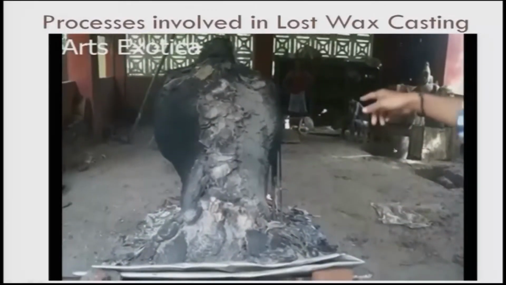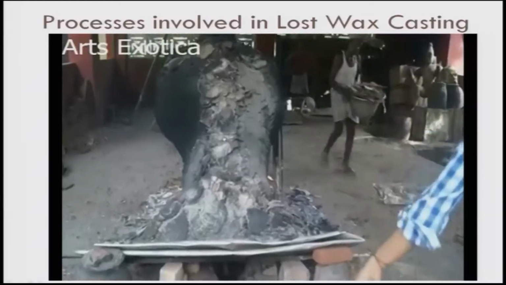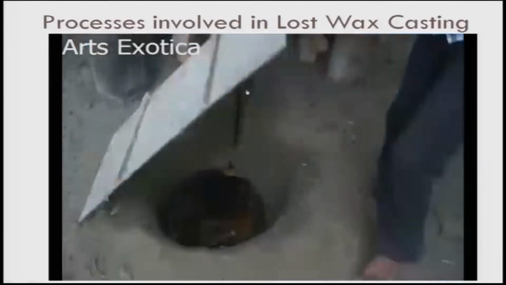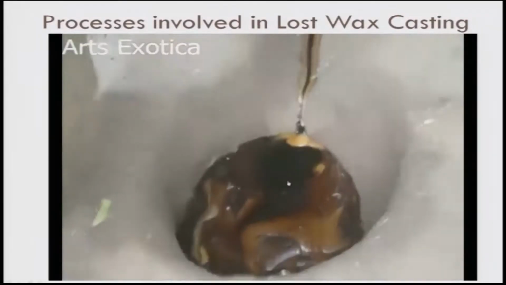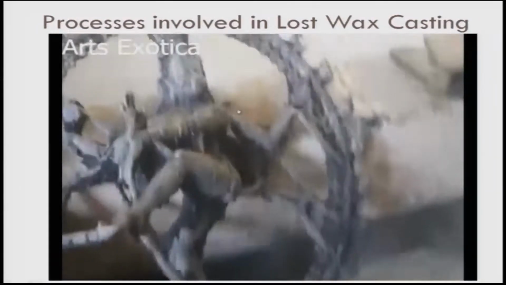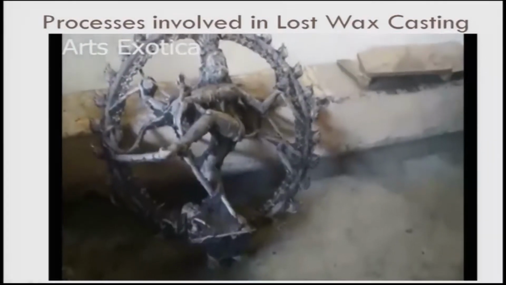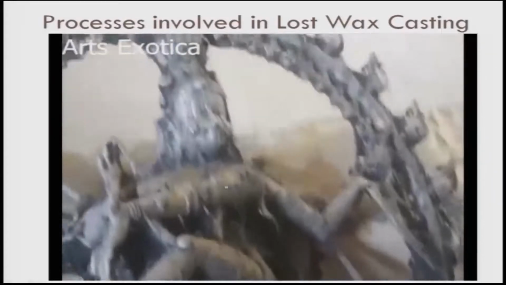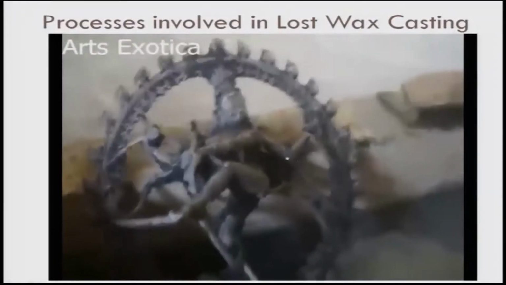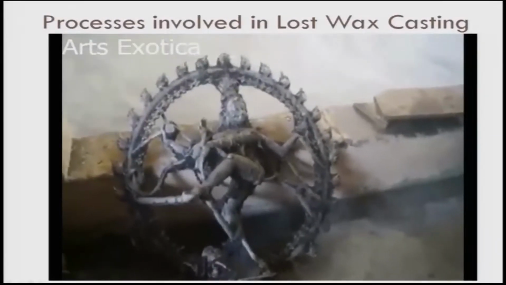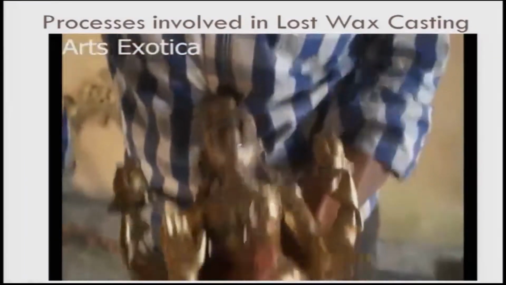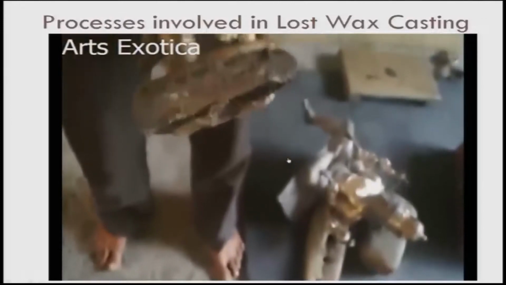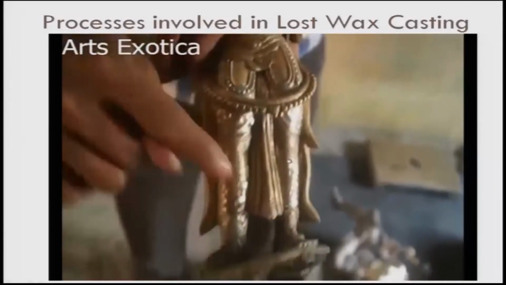And then of course, this is another, a Nataraj statue that is coming up, and it has been fired so that the wax is drained out because of preheating, and then the space is created for the melted metal to go in, and you get the statue of Lord Shiva as Nataraj, which is quite complicated. Out of just one casting he could manage to do. And this is another statue being shown. So, you can see that the process looks very simple, but it is very intricate, complex and time consuming, and requires a lot of patience.